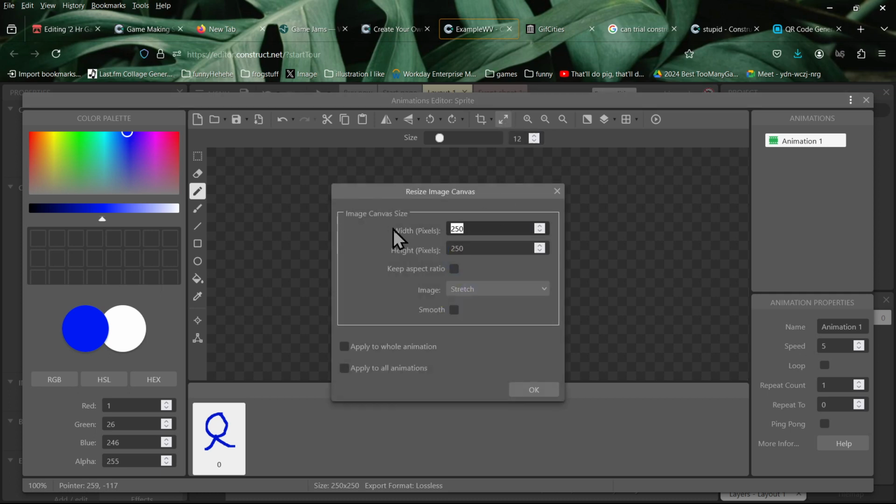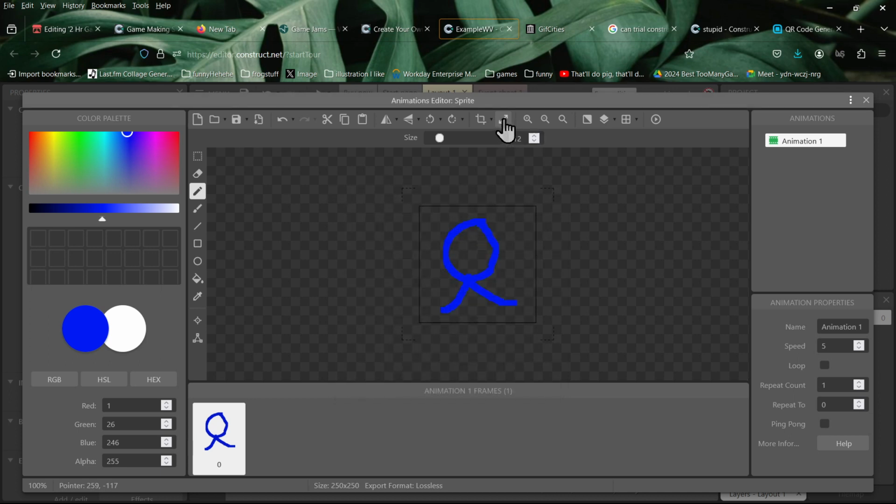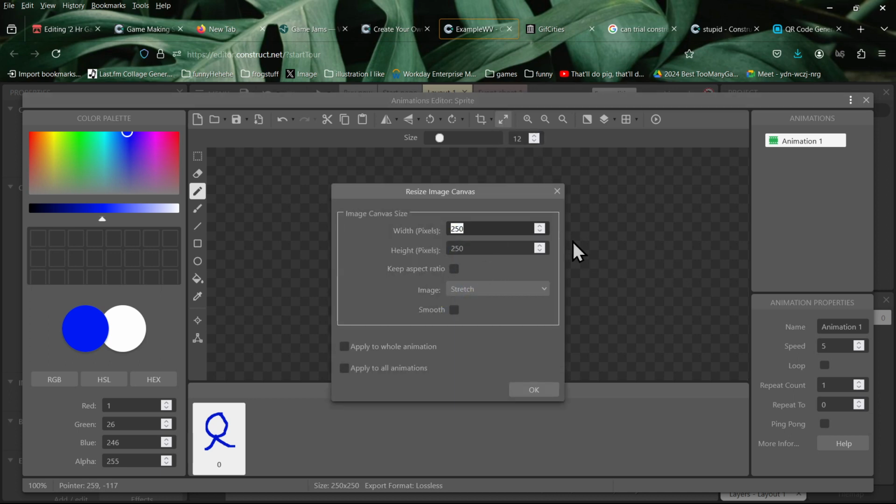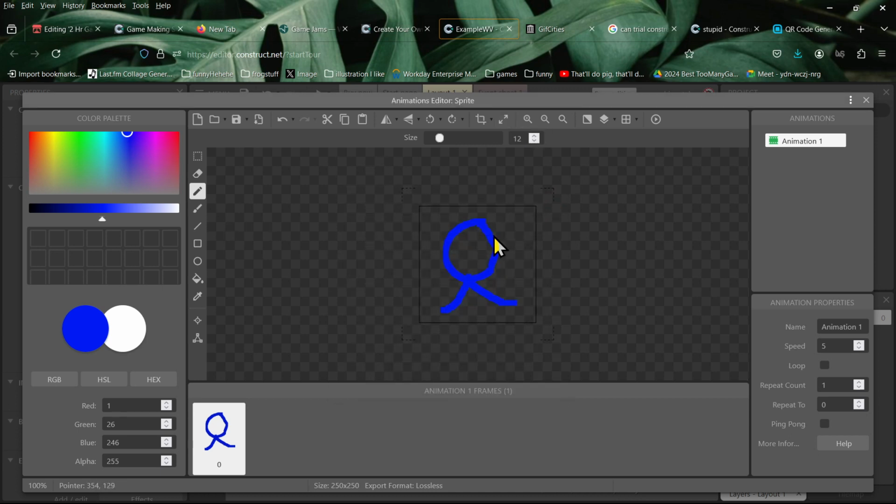If you want to change the size of anything, you can click this. This is the canvas size editor, right? If you click that, you can change how big it is. You can also stretch things, but I'm just going to draw a shape, maybe give it a fill. So it's just this blue guy. Maybe I'll draw a face on him to humanize him. So he's upset.